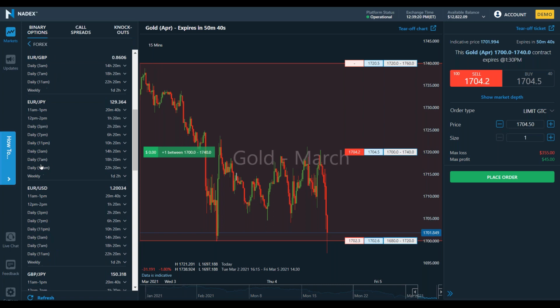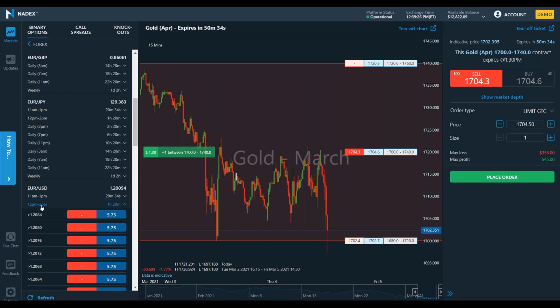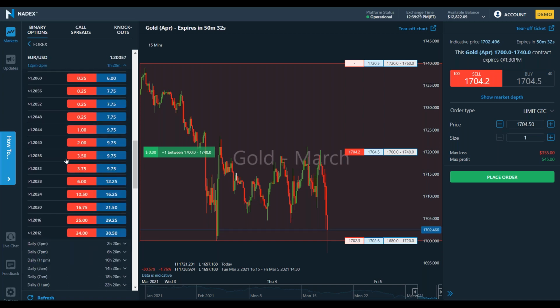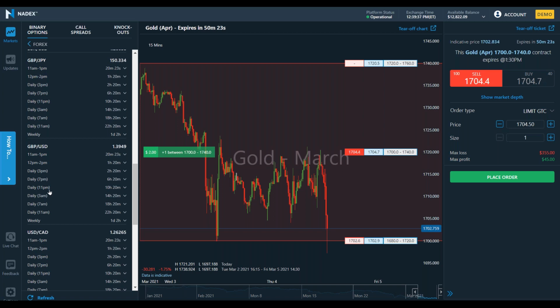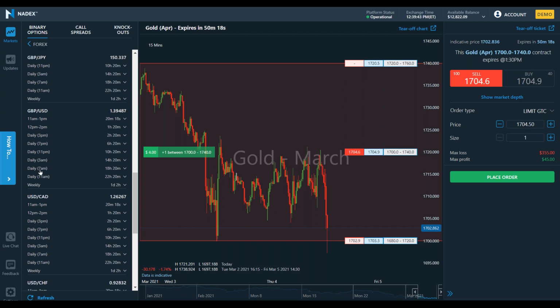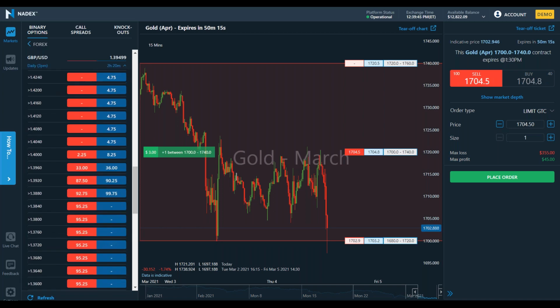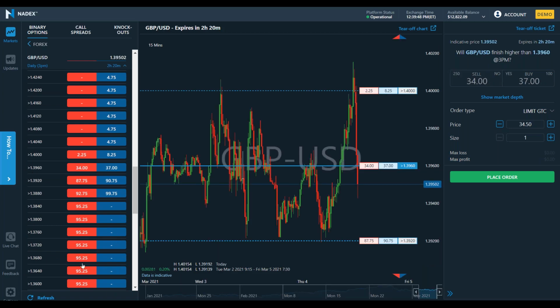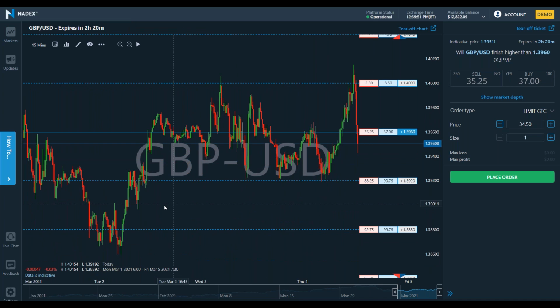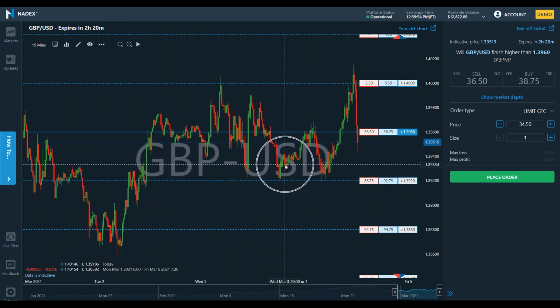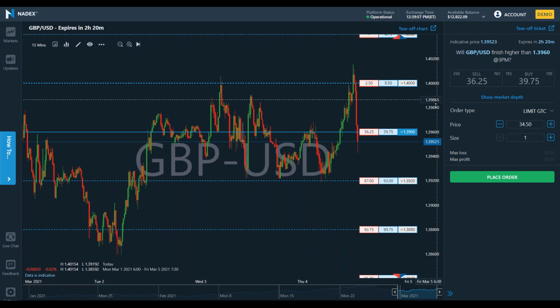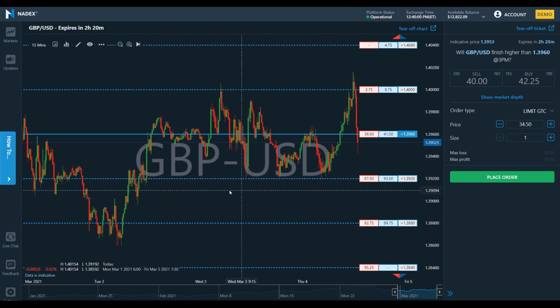I'm going to look at the euro. And this expires in 1 hour and 20 minutes. When I click on one of these, you will see all of the prices of binary options that we've got. Let's pick something. Let's go out to the daily, the 3. Here's the pound dollar, 3 p.m. It doesn't really matter which one I choose. I just want to populate the chart. When I populate the chart and hide it, I've now got a chart of the pound dollar. It's a 15-minute chart, and clearly something,